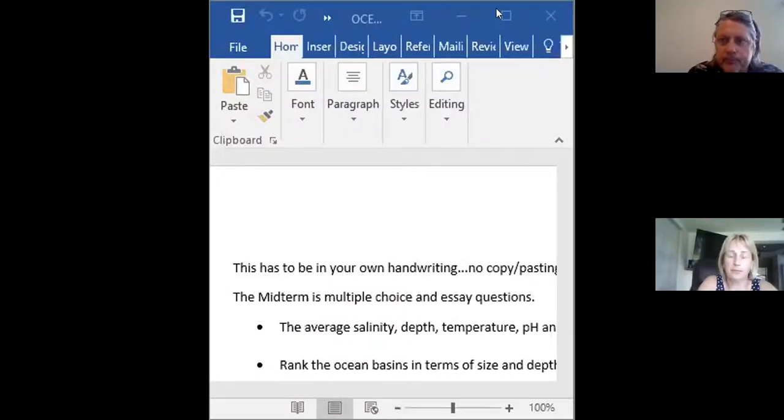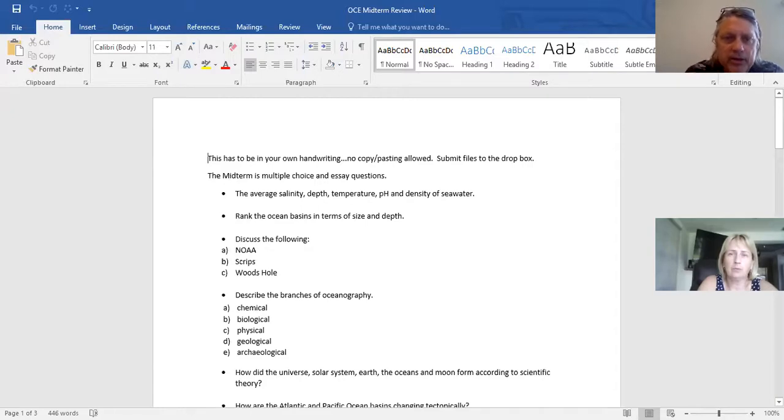Okay, let's move on to the midterm review. This needs to be handwritten. The midterm is multiple choice and does have essays. So, you know, this average salinity, we know the average depth of the ocean, that was from our first unit, average temperature,